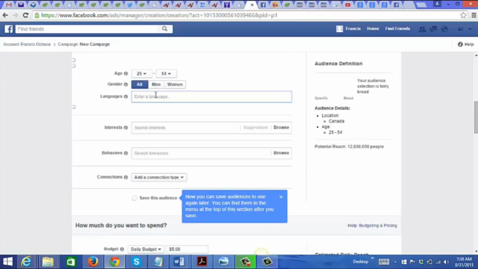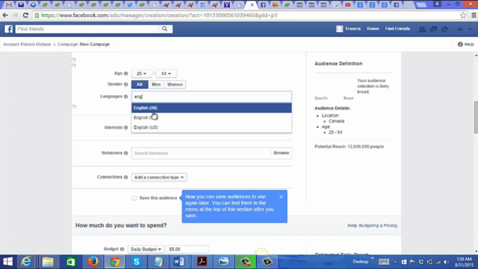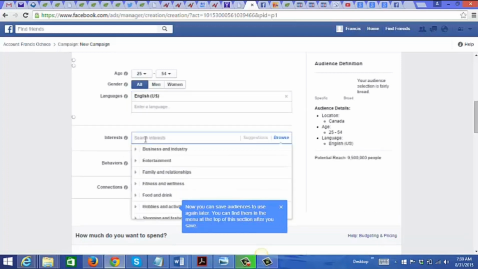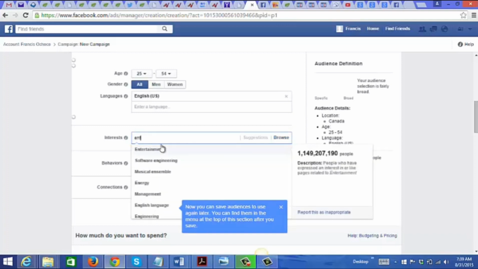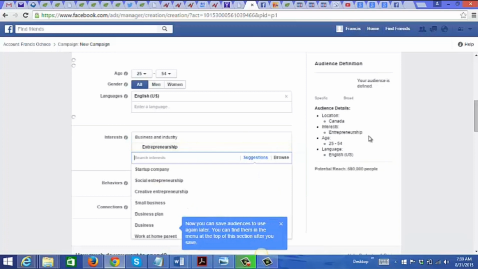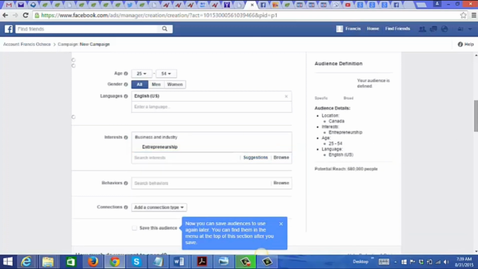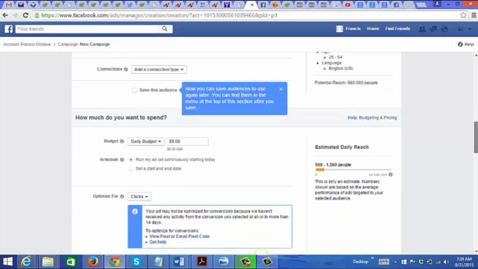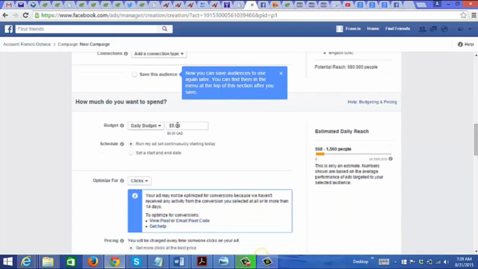Okay, a language, I'm just going to choose English. And for this example, I'm just going to choose entrepreneurship interests. Okay, and for the budget, you can start for as low as $5 per day.